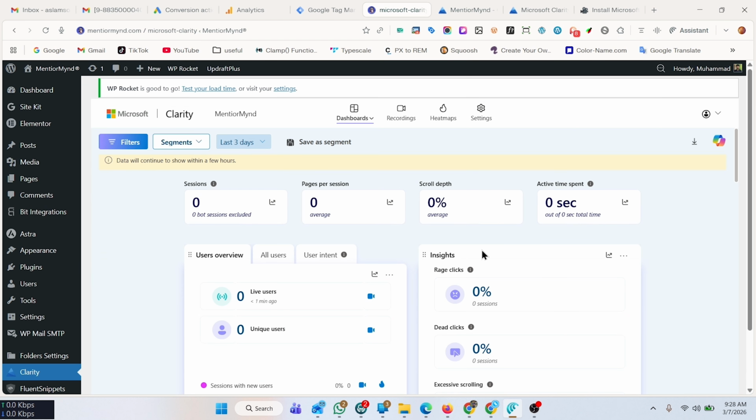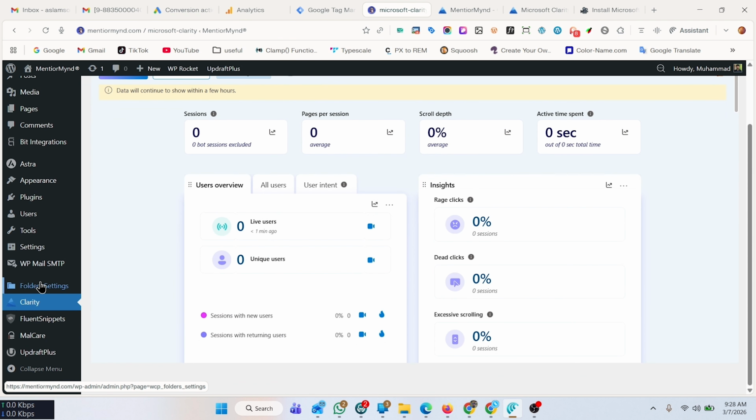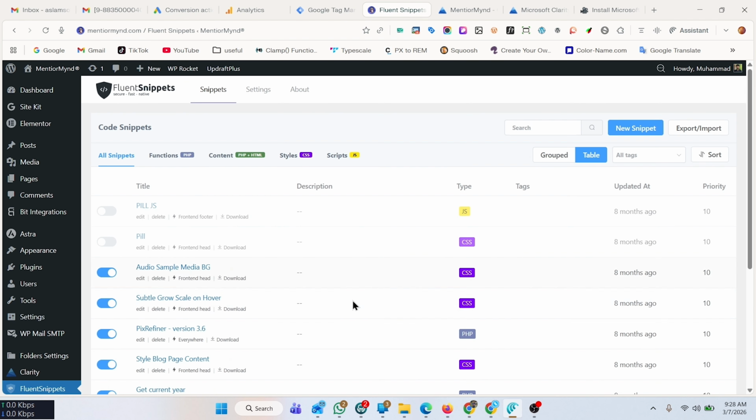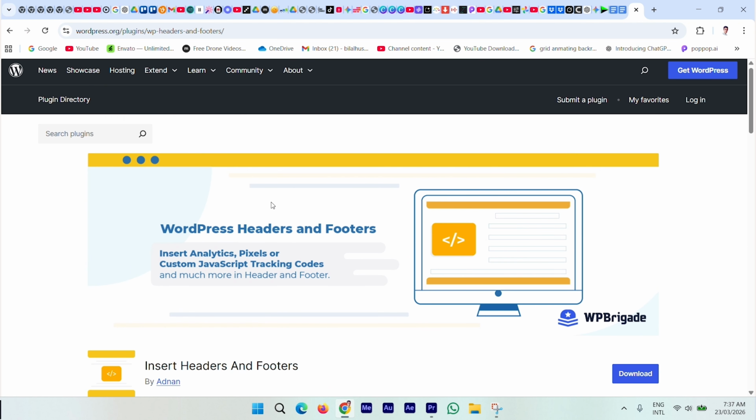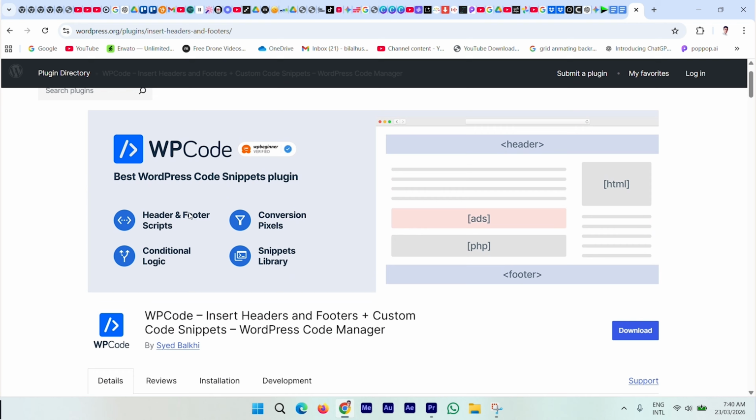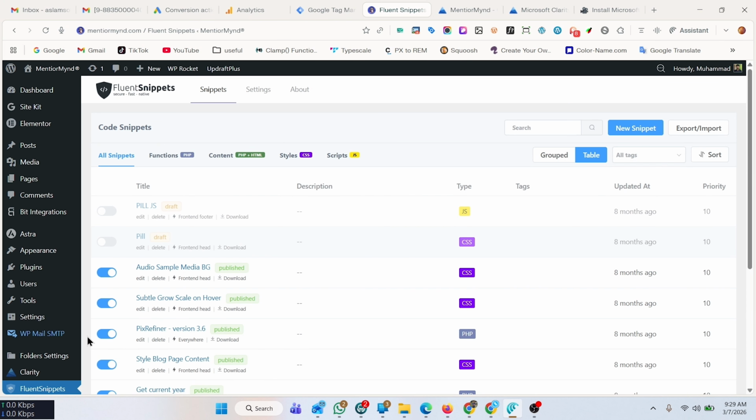Now there are two ways to add it to your WordPress. The first and safer way is using a plugin, any code management plugin like WP Code or any other you are using. In my case, I am using Fluent Snippets. These plugins are designed for adding code snippets to your site without touching any files. You have to install your preferred plugin. There are different plugins like Header and Footer, WP Code, and in my case, as I am using Fluent Snippets,